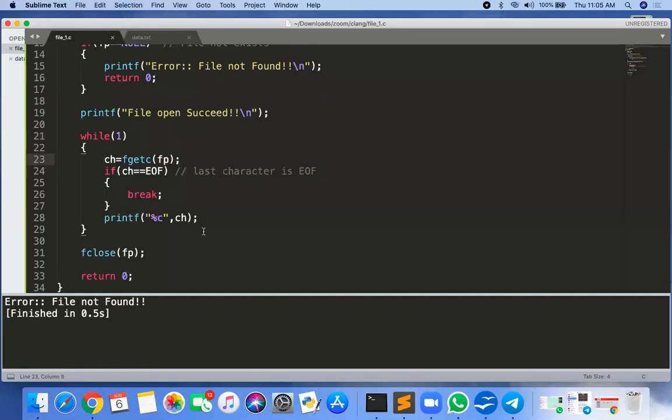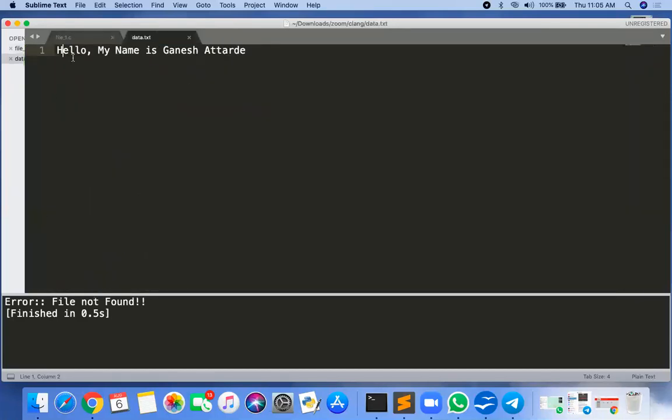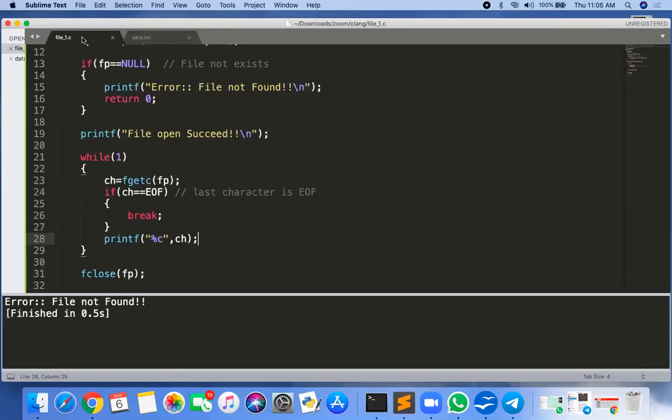Now your question can be, sir, fp you have not incremented. Generally, if this is my string and you want to read the whole string, we increment the character pointer, p plus plus. But here there is no need to increment the fp, because when you read any character, the fp is automatically incremented.